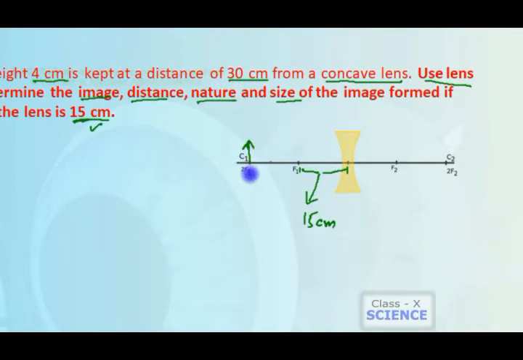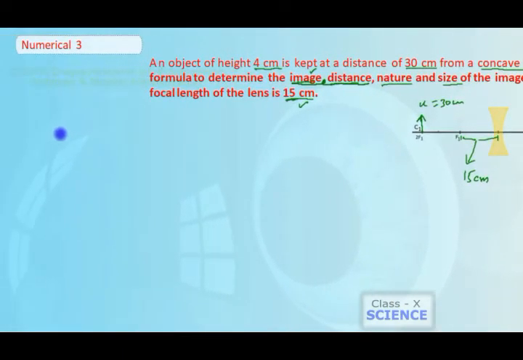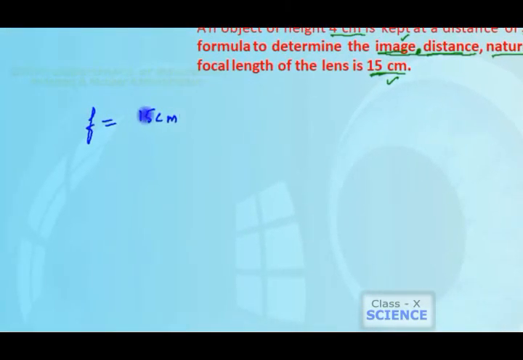So here object distance u is given as 30 centimeter, right? We have to find image distance, nature and other things. By using the lens formula, how this numerical problem could be solved, about that we will see. Here what are the things given, that we will write first. Here f is given, f is equal to 15 centimeter, right? Here it is a concave lens. Whenever we talk about a concave lens, focal length will be on the left hand side, so the value of focal length will be minus, right? So here we have to write minus 15 centimeter.